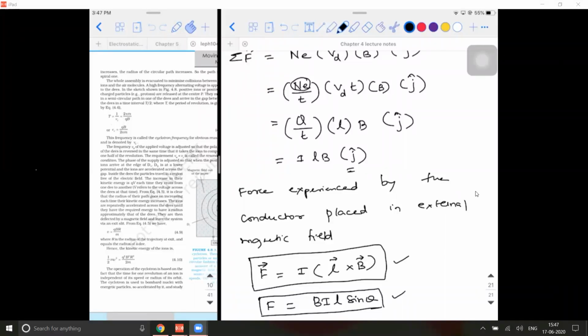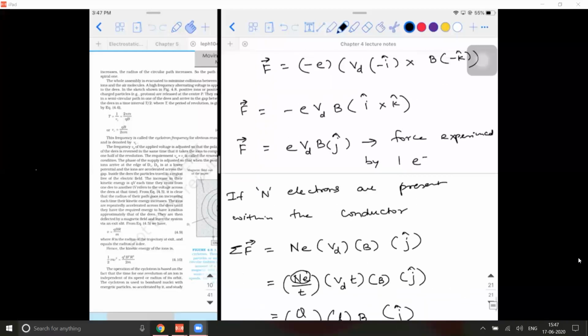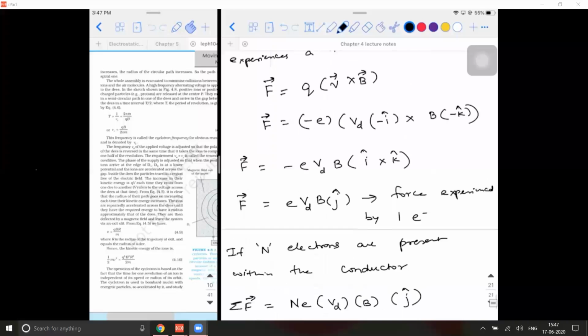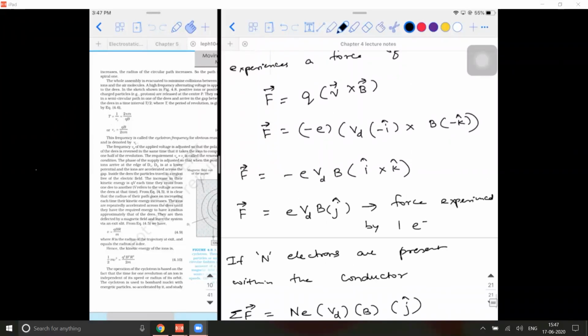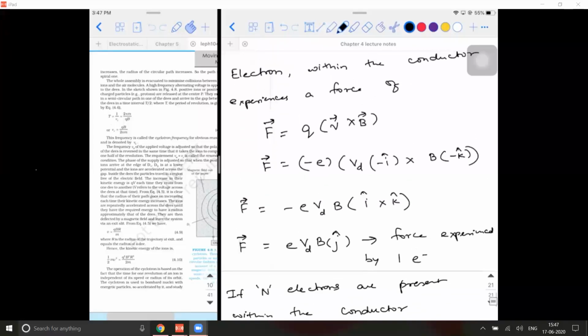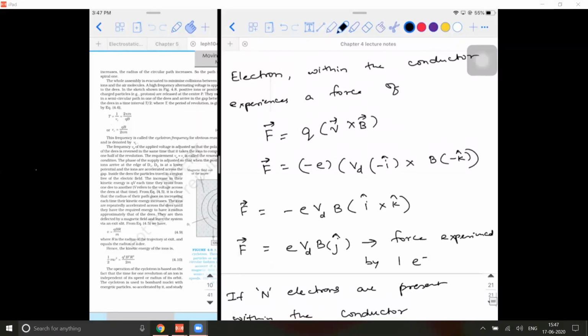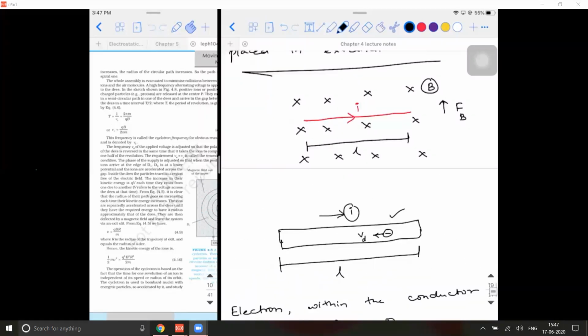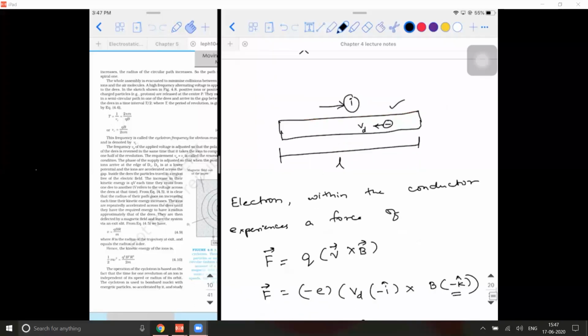Sir, can you please scroll a little upwards? Sure, I'll do that. Is the concept clear? Yes, sir. Till where should I scroll? Is this fine? Why have you written B minus k cap? It is because I have drawn the direction of the magnetic field into the plane. Into the plane means away from you. Anything away from you is minus k cap. That is the reason.